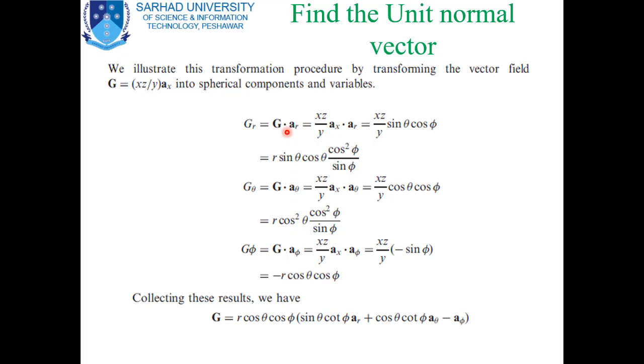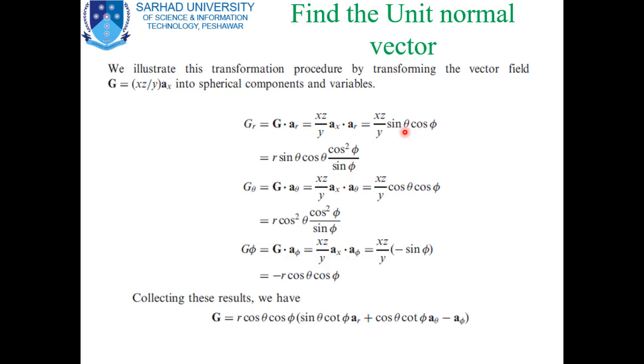When you take the dot product of g with ar, this will be our gr component, and the value of g is given as xz divided by y ax, which we have to multiply with ar. Now using the table to obtain the value of ax dot ar, which is sin theta cos phi,